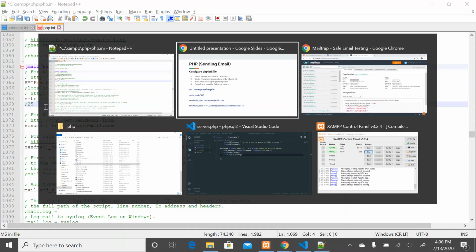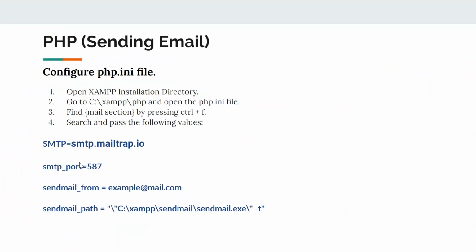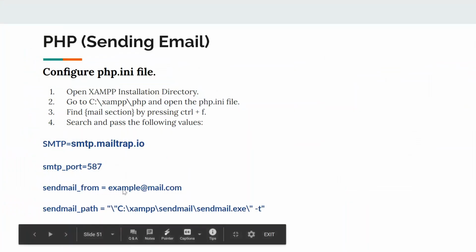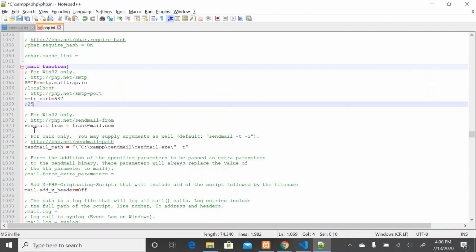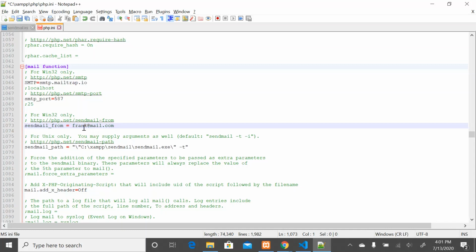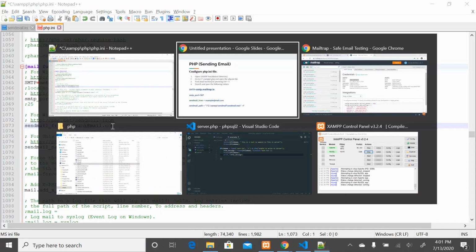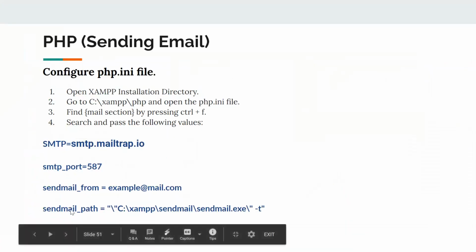Coming back here, we have sendmail_from. Here this was commented out. So you will need to remove that and then write any email. This is a dummy email. Just write any dummy email there. And then the most important step